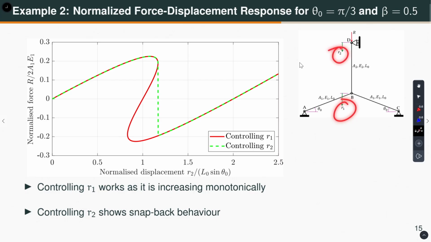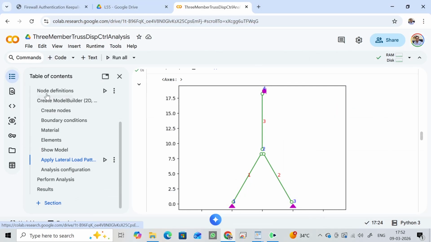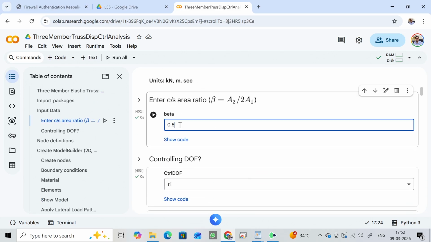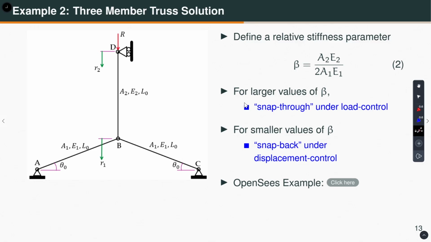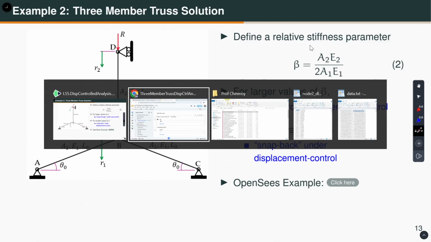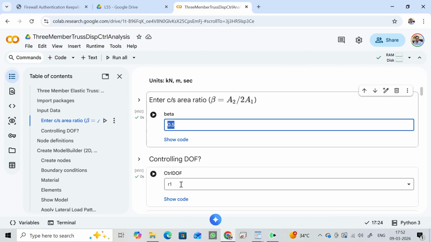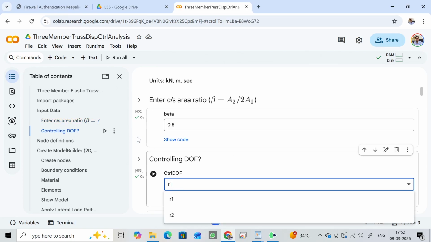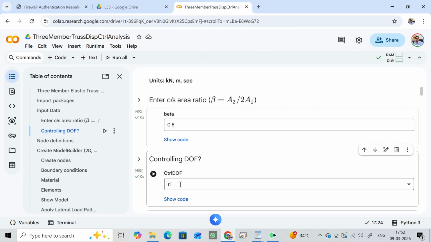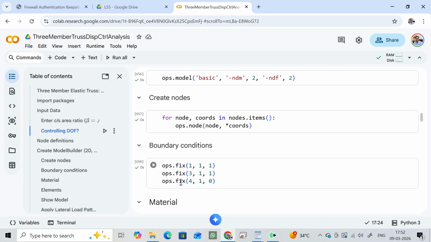If I show you the analysis, here is what I am asking: give me the value of beta. So, beta is A2 by 2 A1. In the slide I have defined A2 E2 by 2 A1 E1, but in OpenSees I kept this equal, hence it is A2 by 2 A1, okay. And the controlling DOF is R1 or R2. So, right now beta is 0.5, controlling DOF is R1. So, I expect